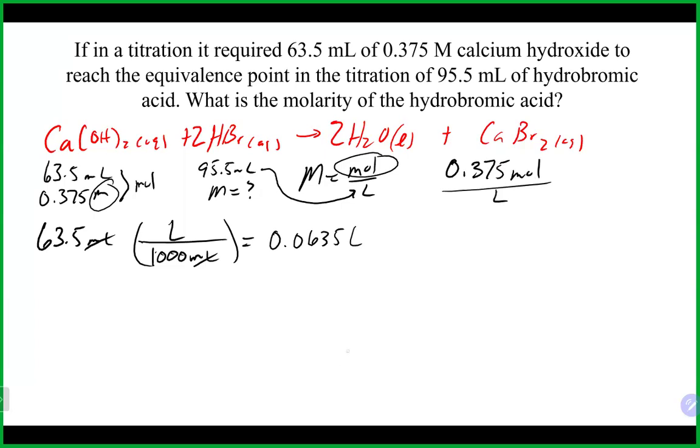And we're going to use that as a conversion factor so that the liters cancel. Liters here will cancel for our calcium hydroxide. And that's going to get us 0.0635 times 0.375, which gives us 0.0238